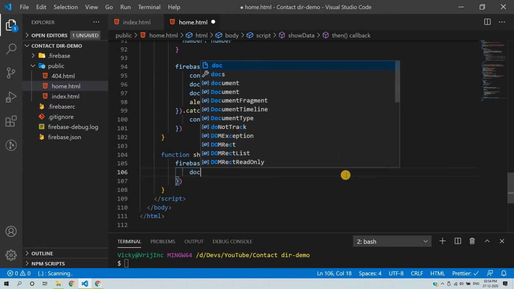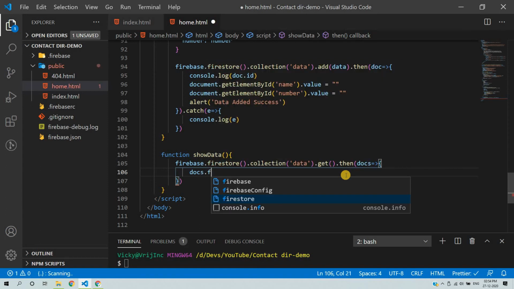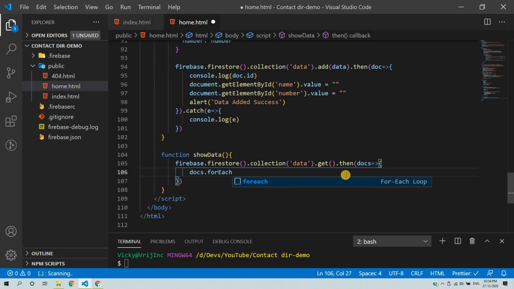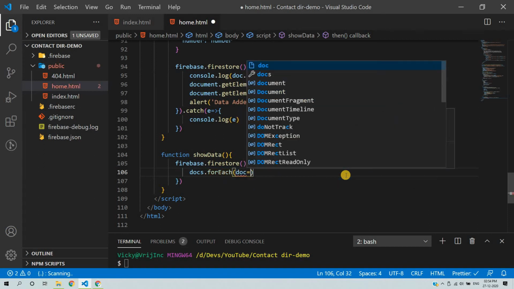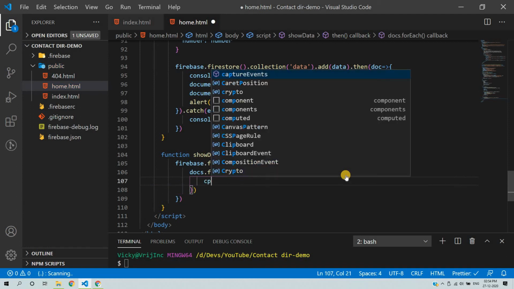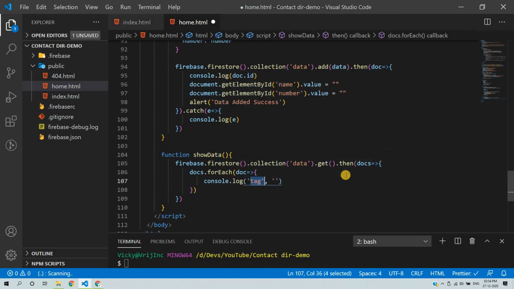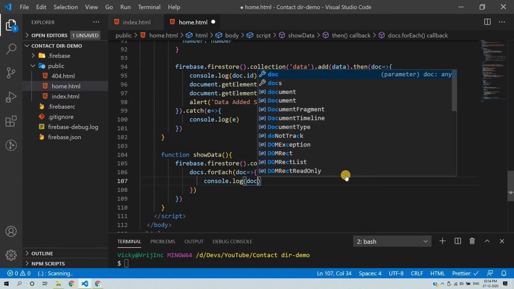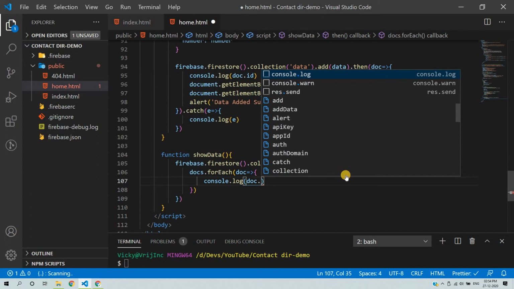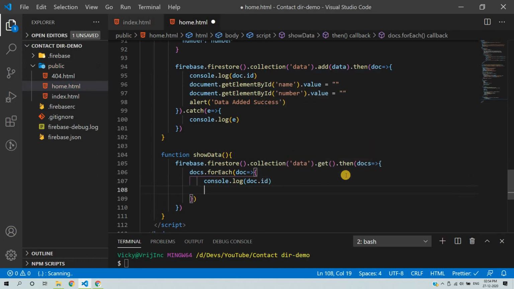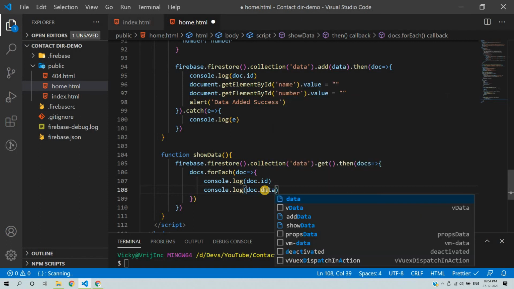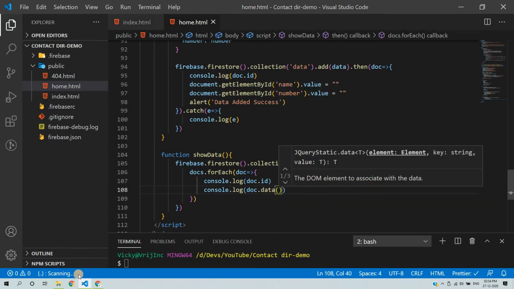So what I want to do. So these all are the list of documents. We can perform a forEach loop. So this will return the documents one by one. So we can print the document, like console.log, and we can print the document. Let's suppose I want to print the document ID. So what we can use is doc.id. If I want to print data of the document, the fields, we just need to use .data as a method, and that's it.